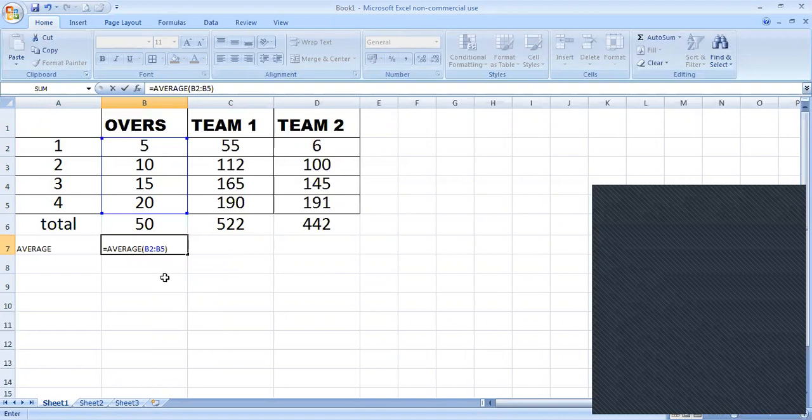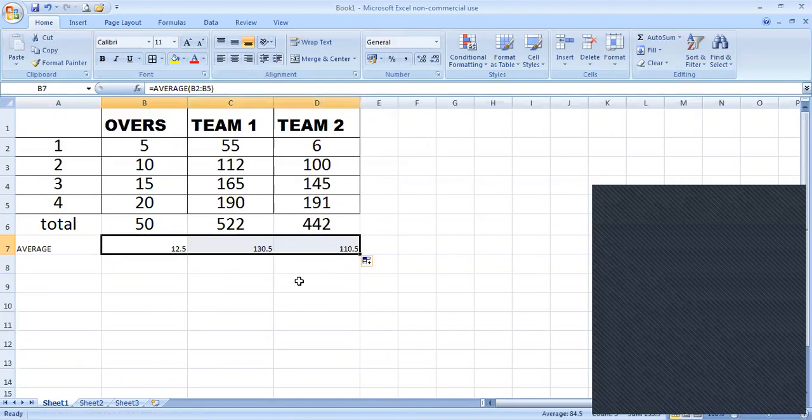You can see the formula. Now I will press the Enter key, and as soon as I press it, it will find the average. Now I will drag this formula. You can apply the formula on this side and drag it to the other sides. You can apply formulas row wise and column wise.